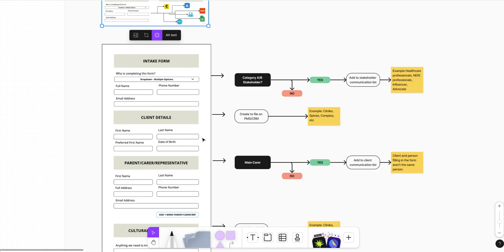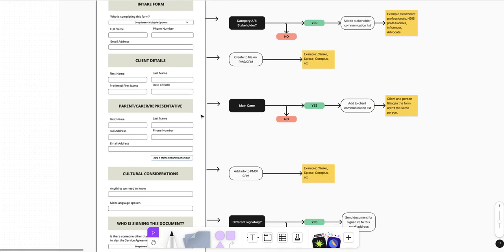When the client details have been added, a new file is automatically added to our CRM or practice management software. I see many practices still add the new client manually, and this of course increases the chances of error, misspelling a name or putting some information in wrong. Having this mapped to your CRM means that whatever is written here will be recorded in your CRM.